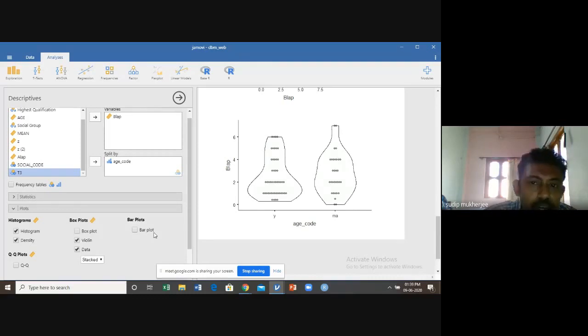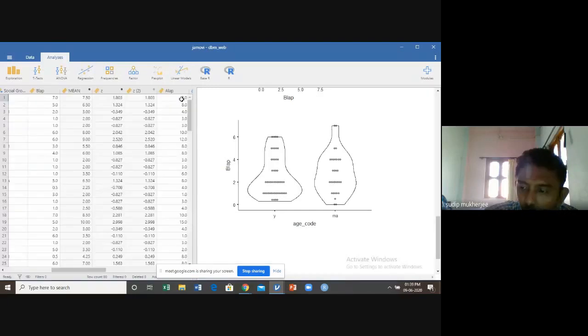Once again, remember that in Jamovi you cannot draw the pie diagram. Pie diagram is not possible using Jamovi. Bar diagram, box plot, violin, histogram, and density diagram are possible with this Jamovi package. And the entire package is menu driven.